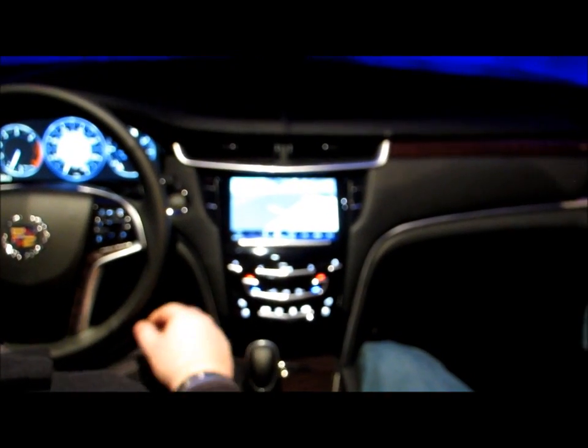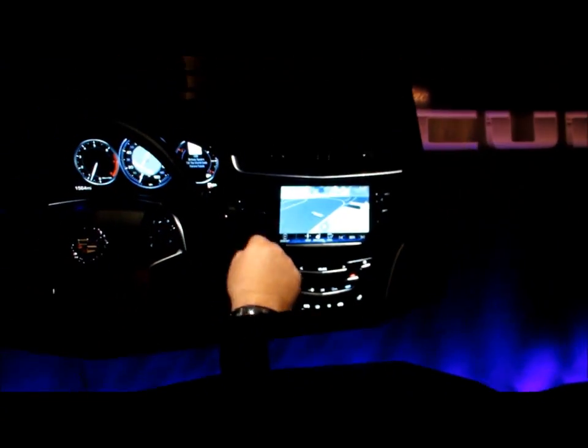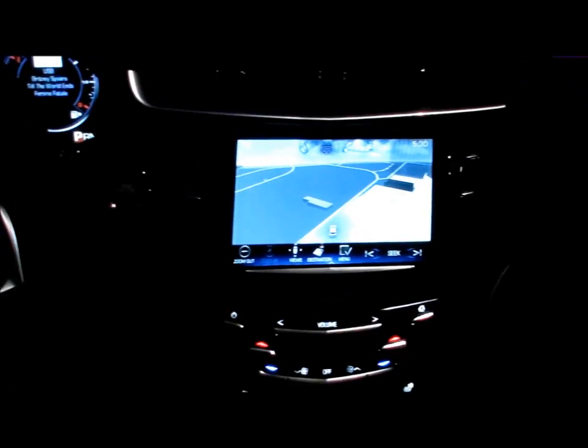Is there any kind of release date in the works, or is this being launched in the Cadillac CUE in the next few months? Actually right now we're previewing and launching the ATS. In the future, this will be available on all the